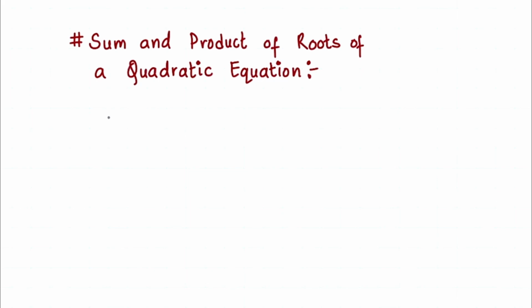In this video, we'll be talking about the sum and product of roots of a quadratic equation. So a standard quadratic equation looks something like this. It's in the form of ax squared plus bx plus c equals 0. Here a, b and c are constants and x is our variable. So whenever we are solving a quadratic equation, what we are trying to do is find